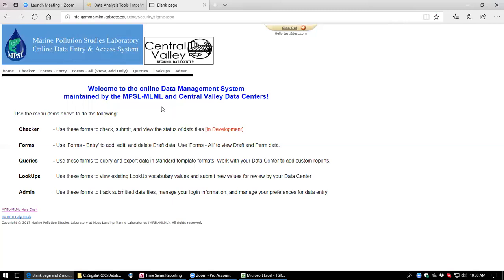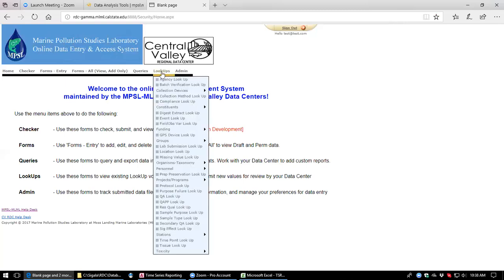One thing, Stacy mentioned a lot about the lookups and going through that process, and that probably is still the preferred method for getting new lookup values reviewed. But I wanted to point out that we do have a lookups menu item here where it allows you to look at all of our current lookups. So it's as straightforward as pulling up agency lookup, or as she was talking about with stations, you can pull up stations,